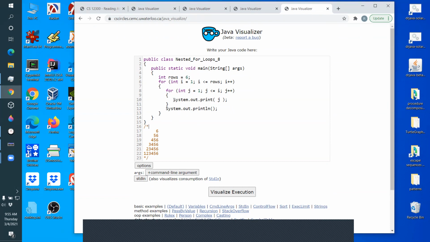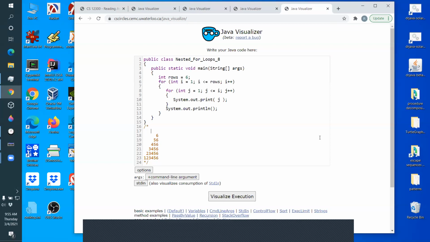We need a loop that does the rows. Well, that's still going to be this one, that does that many rows. But then in a row, we're going to make a little table. We need to count how many spaces there are, and then how many numbers there are in that row. For example, in this first row, I've got 1, 2, 3, 4, 5 spaces. So in the first row, I have